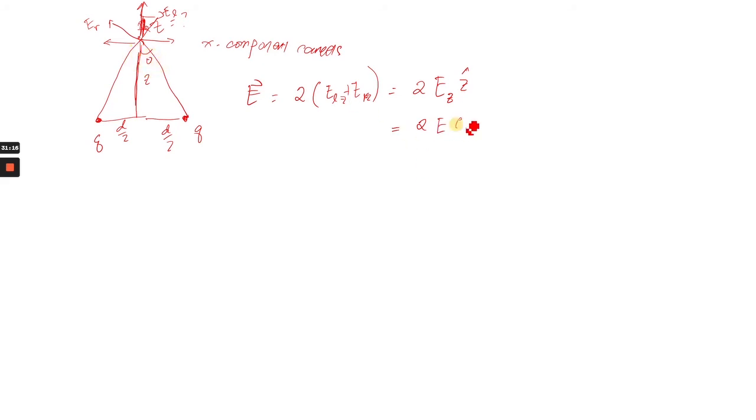So we have E cosine theta z hat, so we will have 2 E cosine theta. What is cosine theta? Cosine theta is just z over this distance. Z hat. So we write E, which is 1 over 4 pi epsilon naught